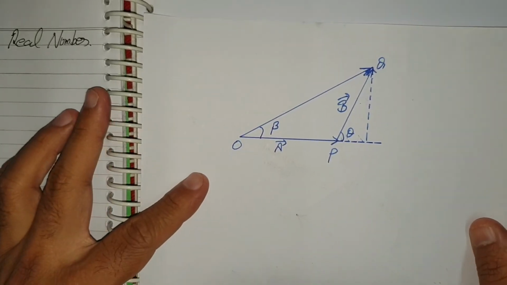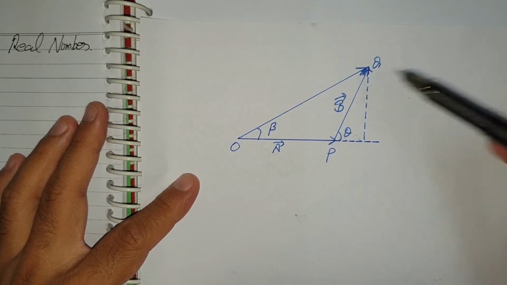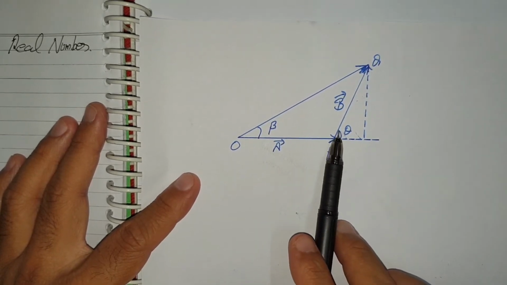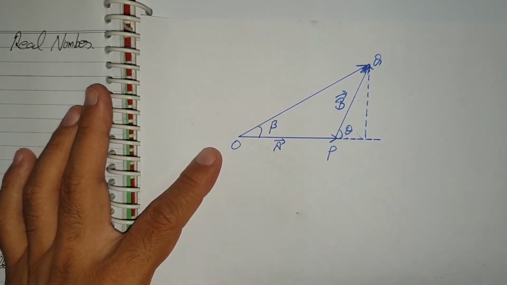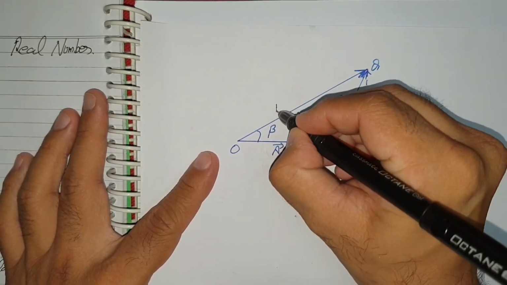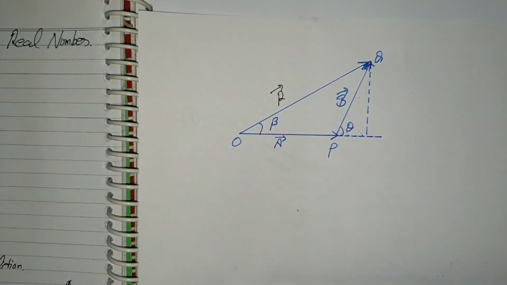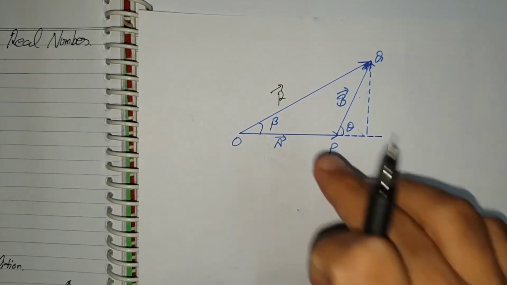Consider this. This is vector A, this is vector B. They make an angle theta with each other. By the triangle law of vector addition, when you add them, this is the resultant vector. What we are going to do is that I will be telling you the formula of the magnitude